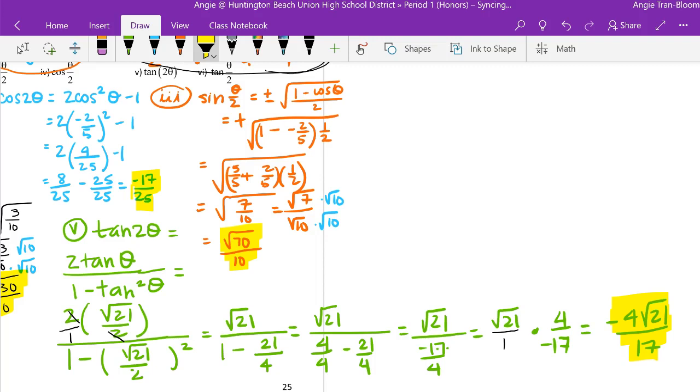We have one last one, which is 6i. 6i is going to ask us to do the half angle of tangent. Okay, so here we go. 6i. Now, if you don't have enough space, just do it on the back of your notes or on scratch paper, and you can just attach it. Okay. 6i is asking us to do tangent of a half angle of